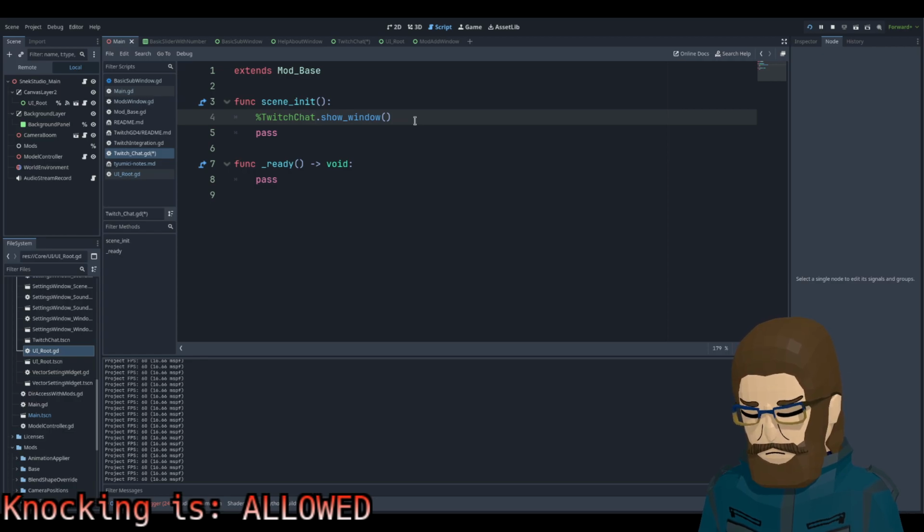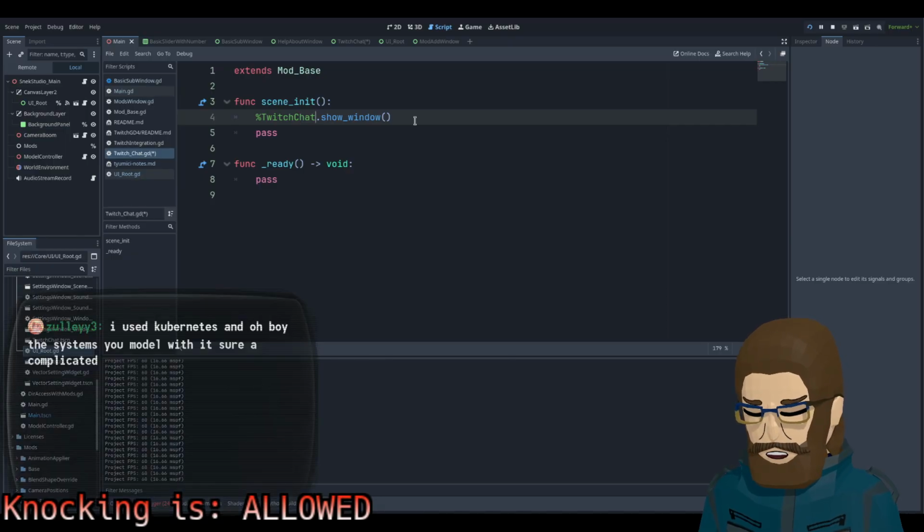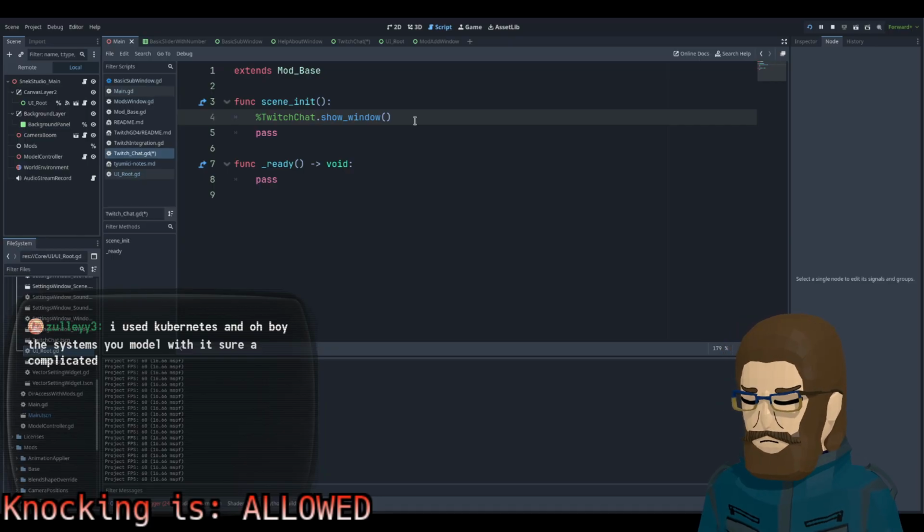At work I have to use Kubernetes for something now. I exported an image from Docker and got it into Harbor. The systems you model with the chart are complicated.